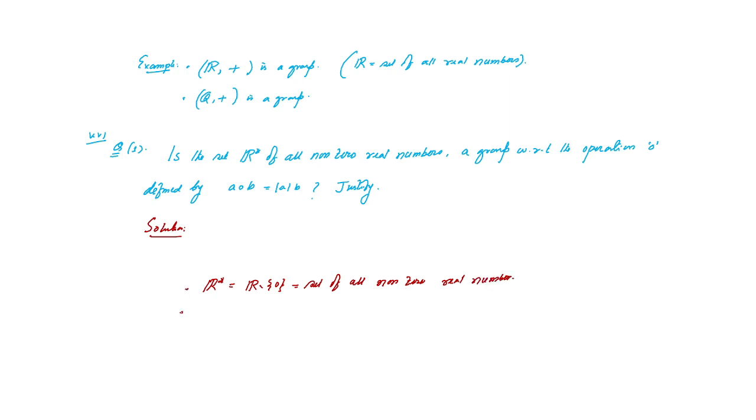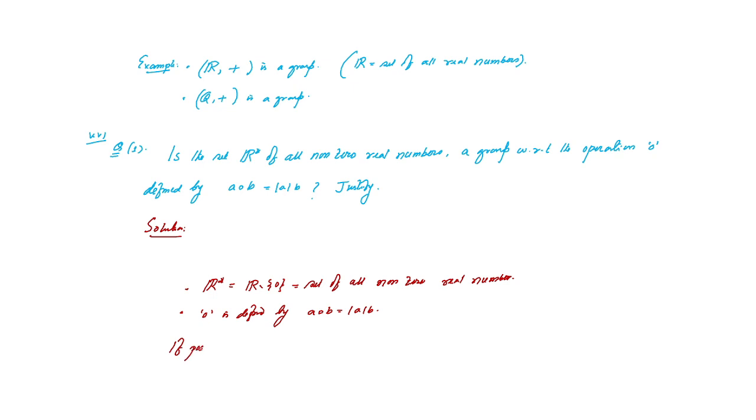This is the first thing. The second thing is the operation not is defined by A not B equals to mod A into B. Now, what we justify? We justify that, say, just to consider